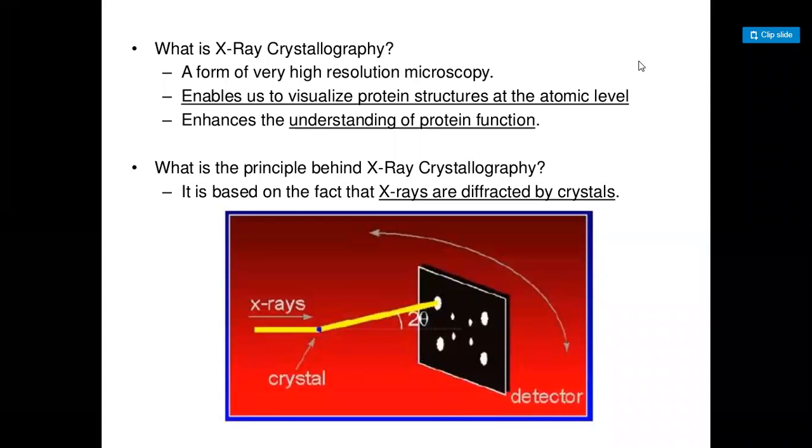What is the principle behind X-ray crystallography? It is based on the fact that X-rays are diffracted by the crystal. This is a pattern in which this is a detector. The black shows the detector, in which the X-ray and crystal should be bent towards the angle 2 theta. So